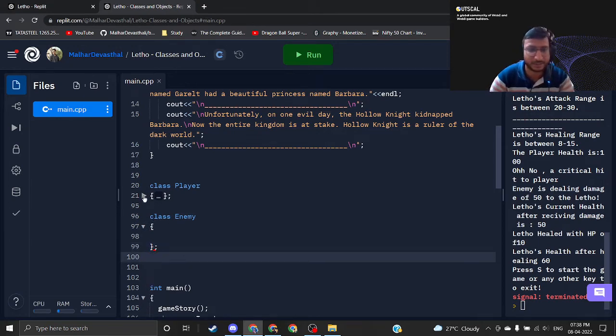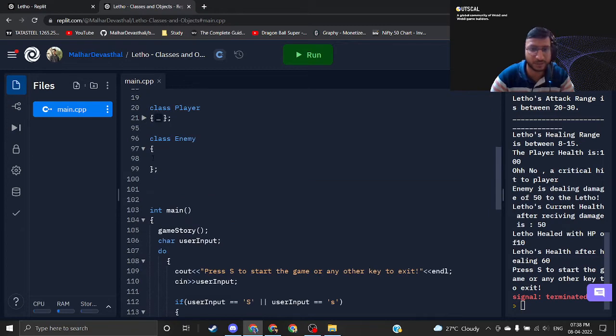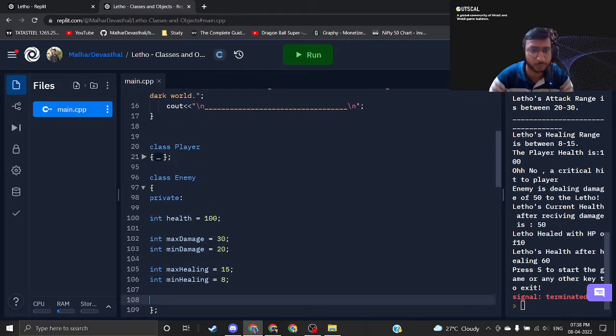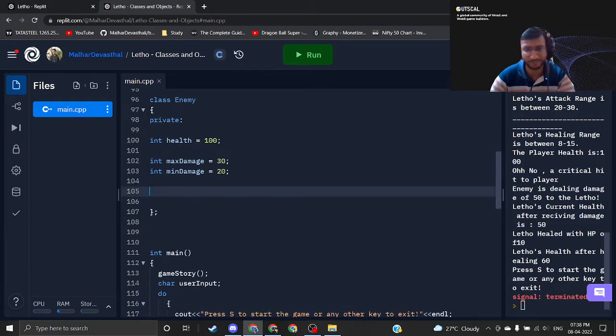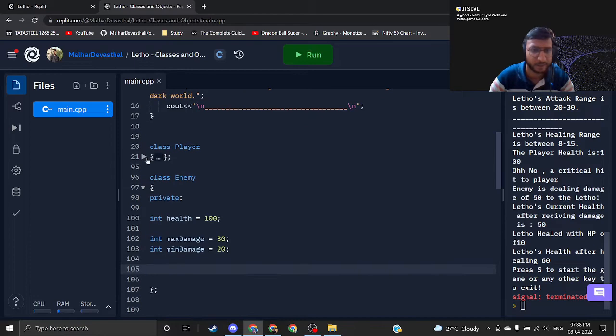Because I'm going to simply copy paste these functions and variables inside my enemy. Why? Because obviously enemy will also have health, max health, min damage, max damage, and maximum healing and minimum healing, right? So I guess enemy will not heal. I will make it only damage related. After that,